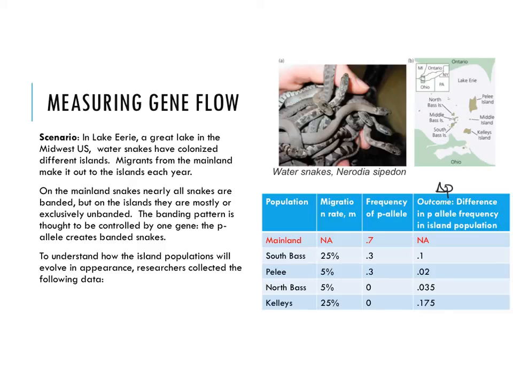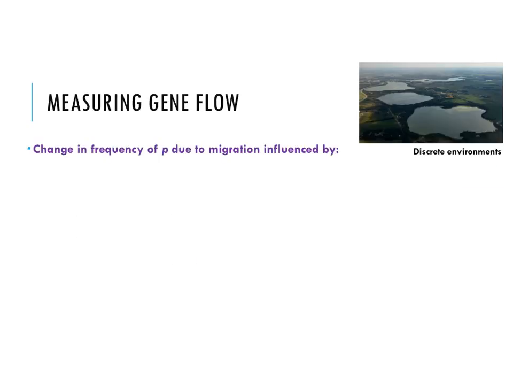So when is it strongest and when is it weakest? Those sorts of things. So through that activity, I hope that you saw at least one of these two patterns, all right? So the change in the frequency of P due to migration is influenced by migration rate,